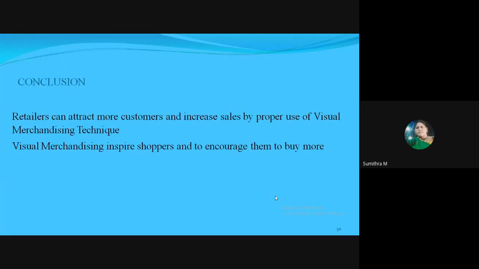Retailers can attract more customers and increase sales by proper usage of visual merchandising techniques. Visual merchandising inspires shoppers and encourages them to